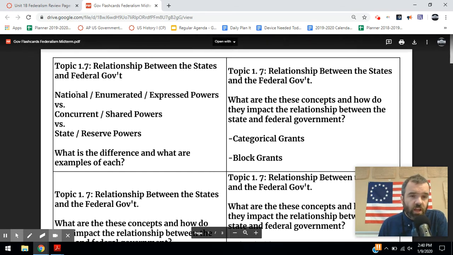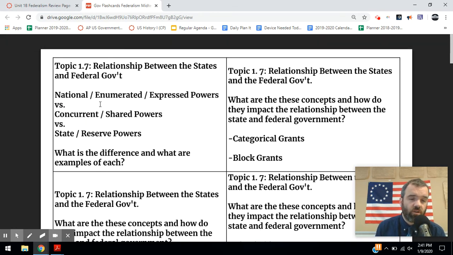So a few examples of national powers that the states don't share with them. Obviously, the power to declare war, the power to establish a national post office, the power to regulate commerce between states is a clear national power, the power to establish national courts. Although the power to establish courts just in and of itself is a concurrent power. Both the states and the federal government have their own court system. They both can